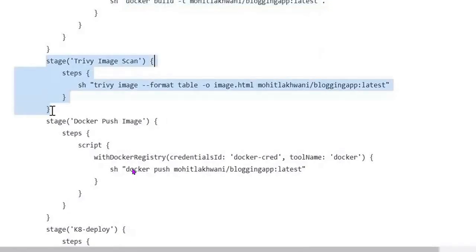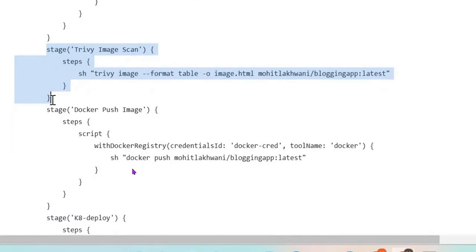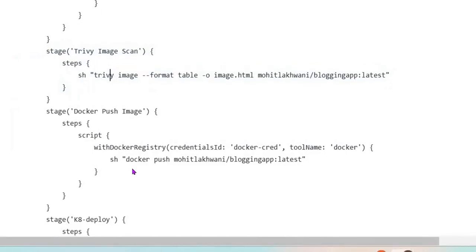Then after creating my Docker image, Trivy can also be used for security vulnerabilities, which I told you earlier. I used it for the file system scanning. It can also be used for the image scanning. So basically, after creating the image here, I scanned my image, and the output of that scanning, I've placed it